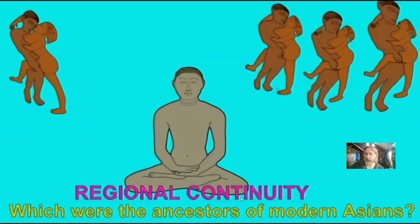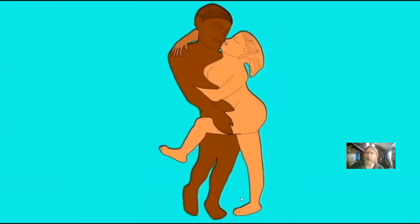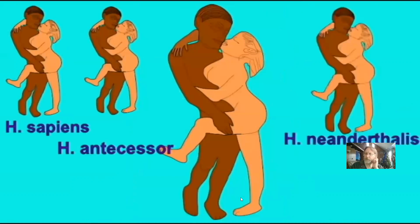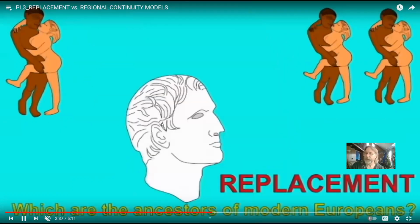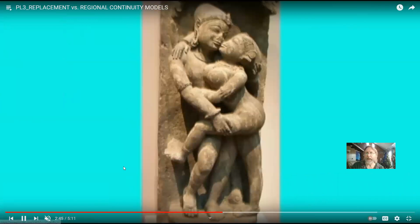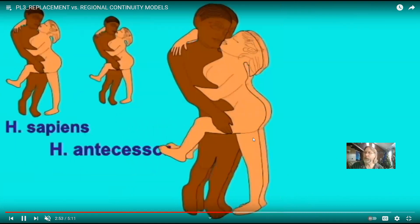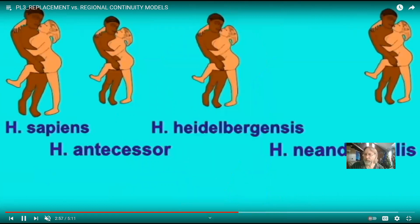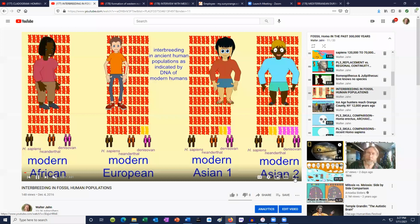Where do Europeans come from? Well, Homo sapiens reaches Europe from Asia maybe 40,000 years ago. There was at least another species, at least the Neanderthals, where other species had been there earlier in European history. And so what happened? Well, maybe Neanderthals and any remnants of previous species died so that only Homo sapiens prevailed. Okay, or maybe that idea of regional continuity held in here as well, where there was some interbreeding, say, between the Homo sapiens, which reached Europe from Asia 40,000 years ago, and the older populations of humans which were already there, the Neanderthals. Now, what I just said, fascinating topic, and I have lots of videos on the topic, but